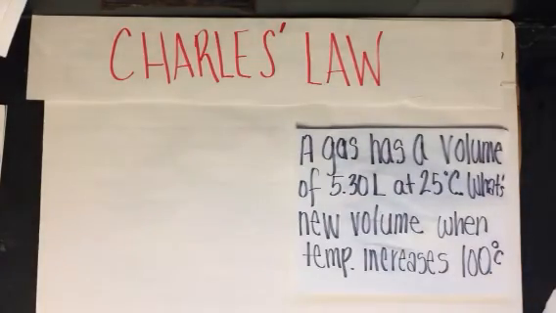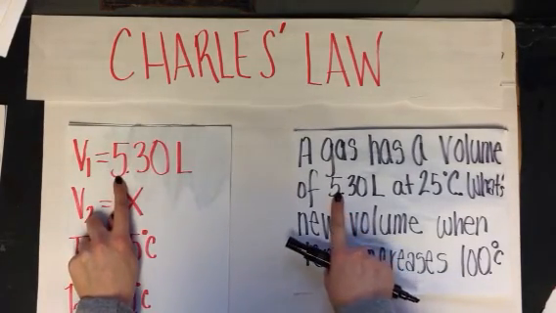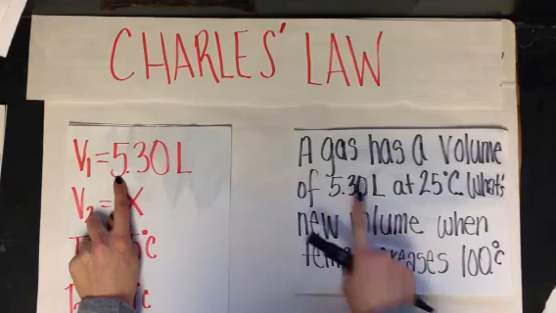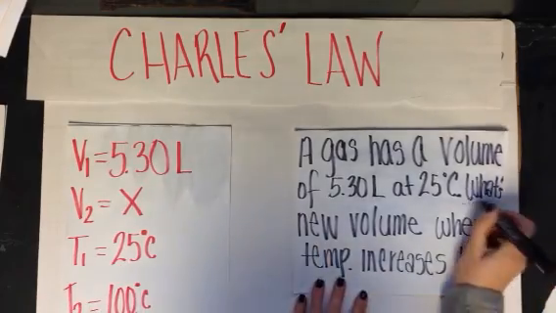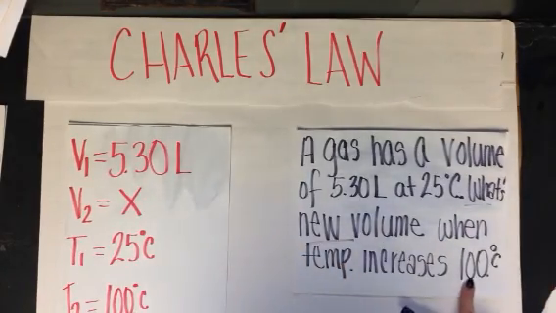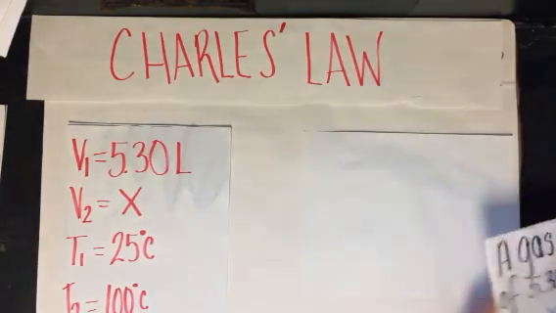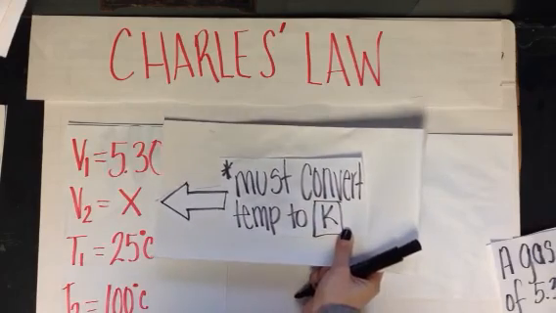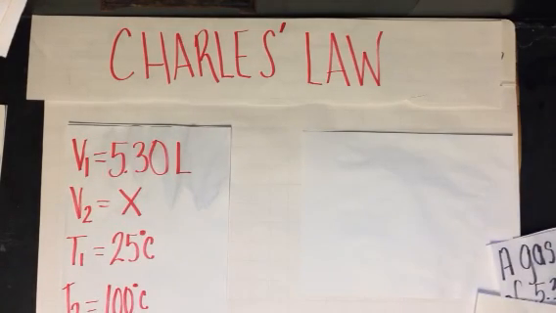Okay? A good way to organize your information is to make a list of your variables. Again, here we go. V1 was the first volume I was given at the first temperature, T1. V2, I don't know. They asked me, what's the new volume? X. T2, the new temperature, is going to be 100 degrees Celsius. So the first thing we have to do is convert our temperatures to Kelvin. So let's do that now. Remember,